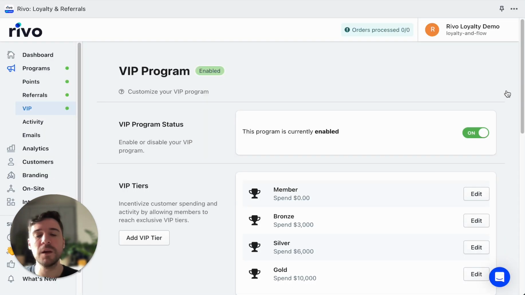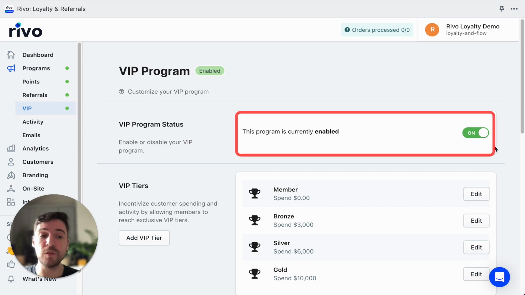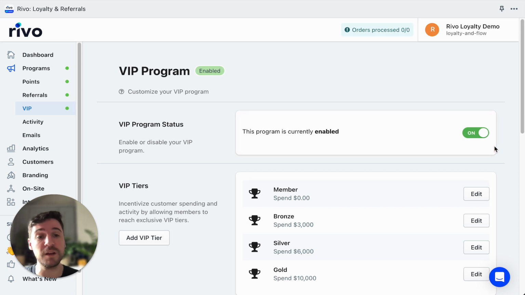In this video we're just going to do a quick walkthrough of the VIP program. You'll find this under Programs here in the left hand menu under VIP. At the very top you'll see we have a VIP program status. If I want to enable or disable my VIP program, all I have to do is toggle this switch